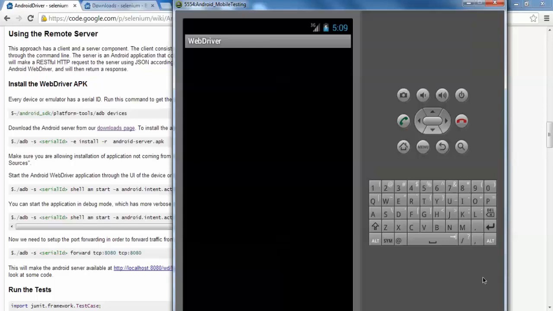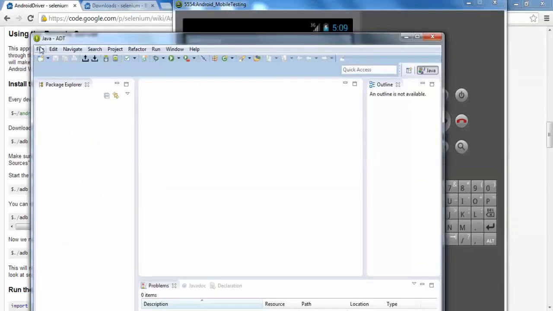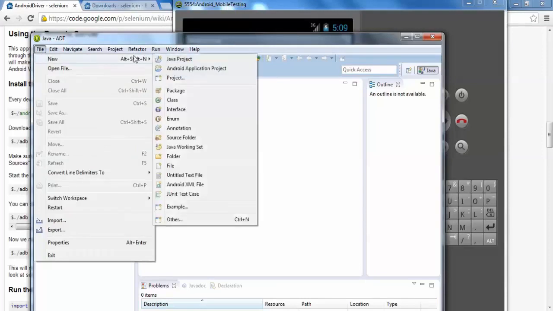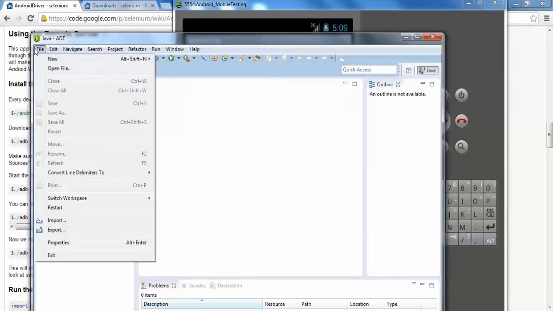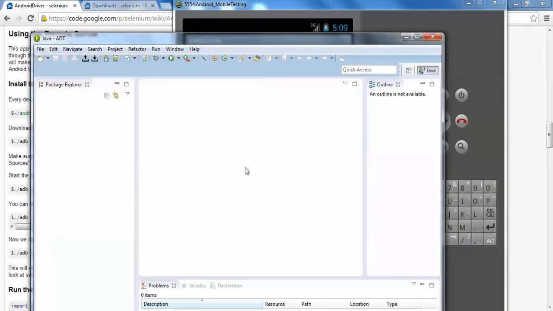So let's start configuring our Eclipse. We'll start a new project. We go to File, go to New Project. So do a new Java project. Just do a new project. Actually, we just do a new Java project. Yep, new Java project,